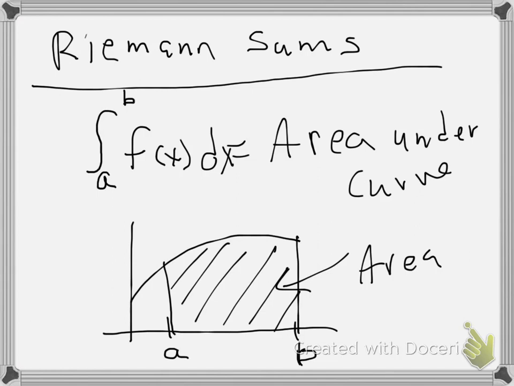That's important to realize, because now we want to figure out how we can find that area. In the past we've counted squares and that sort of thing, and we may have looked at some basic Riemann sums in the past. But what a Riemann sum is